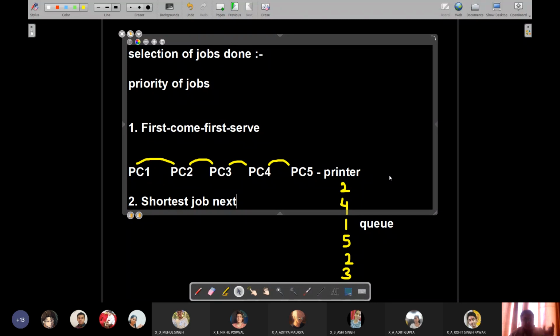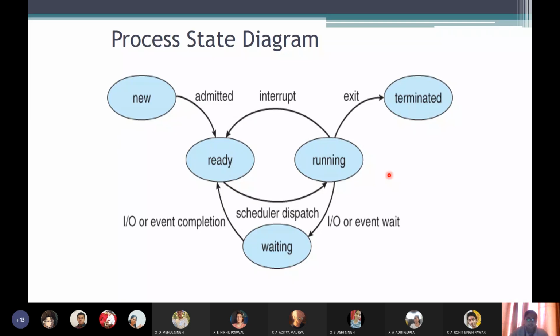Out of them, the operating system will choose the one which has the shortest need for CPU time, or which is a very short job, which will require less CPU time to execute. And then again the next shortest, then the next shortest, and so on. So this way there are multiple ways of deciding how various processes will execute on the CPU.